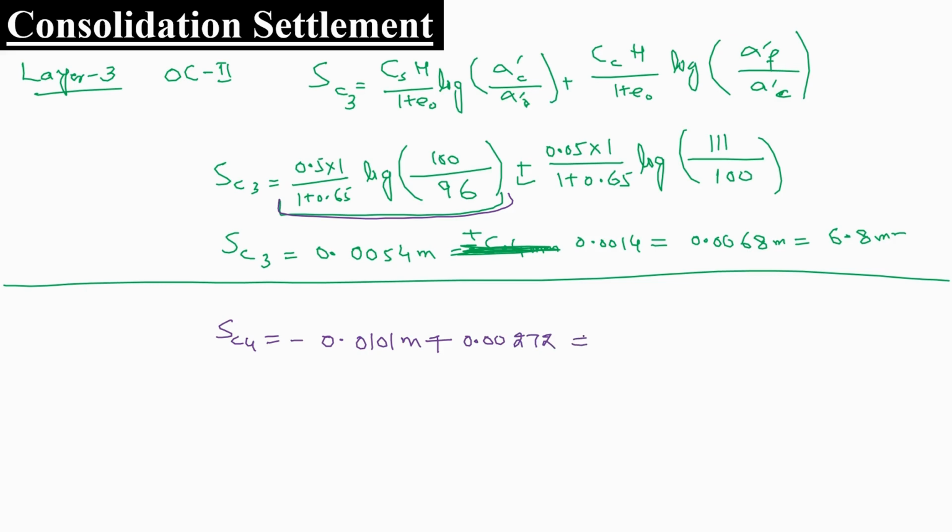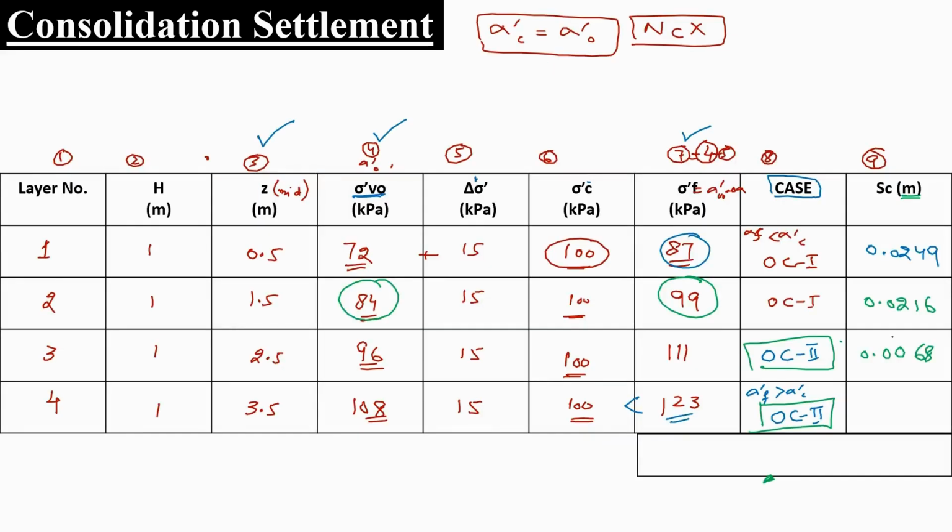So we'll add up these values: 0.00272 minus 0.0101. This will be minus 0.00738 meters. You can say that minus 7.38 millimeters. So just write its value as minus